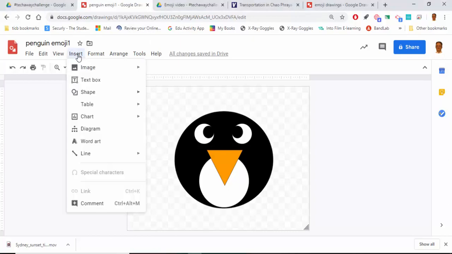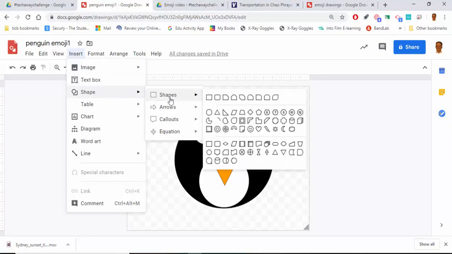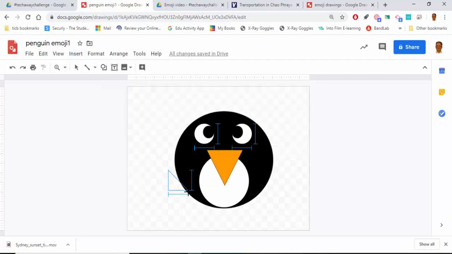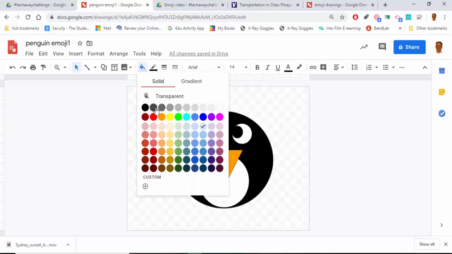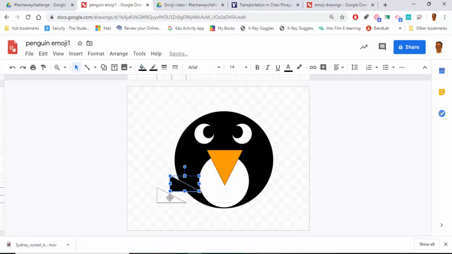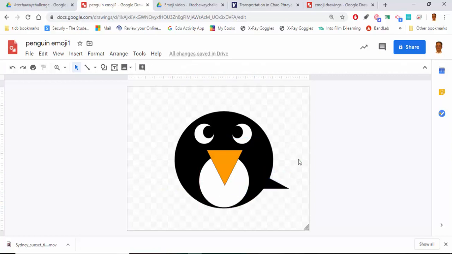So I'll do that: Insert, Shape, and I need a triangle. I'm just going to go to the right triangle there, and then if I paste that on, I'll put that in there. Now I'm going to make that black. I've just realised I've got the wrong size. I need two of these. So the idea is I'm going to put that there, and then if I click somewhere else,